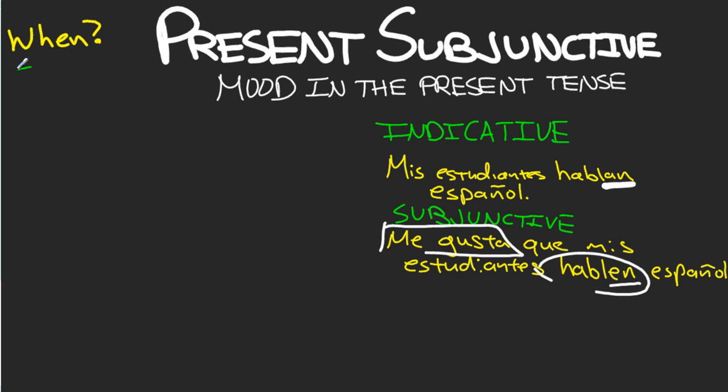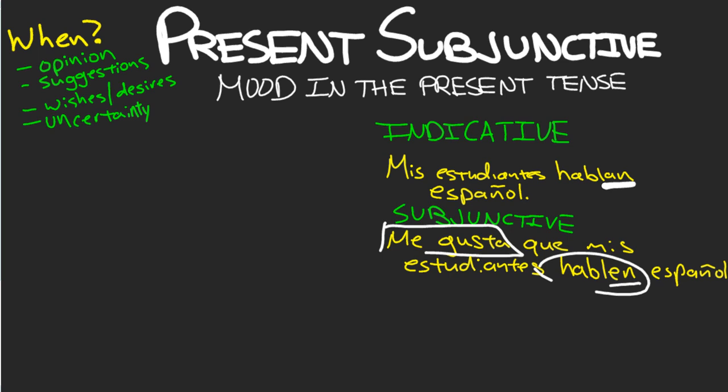And the answer is whenever we're talking about any kind of opinion, if we have suggestions, wishes, or desires that something happen, or a type of uncertainty. And you could get more specific with this list, but this summarizes the basic uses of the subjunctive. You use the subjunctive when you're stating someone's opinion or uncertainty or something that they want to happen,